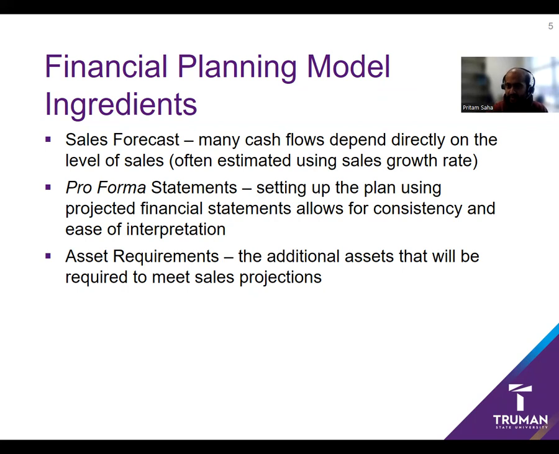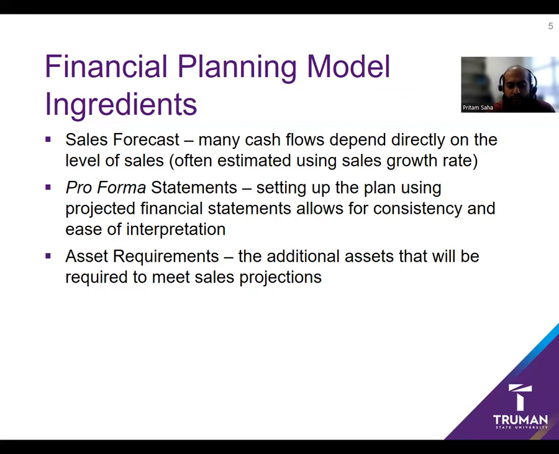After that, the third step, you have to think about, okay, if the economy is going up and the industry is also doing better, will my corporation be able to continue its market share or not? If my corporation is able to continue its market share, that means if the economy is going up and the industry is also going up, my corporation will generate more sales next year. If the economy is going up by 5%, my industry will perform the same way. And if my corporation can keep its market share, that means the corporation will enjoy some growth. Sales will go up next year. So that's the very first important step. You have to think about what the sales should be next year.